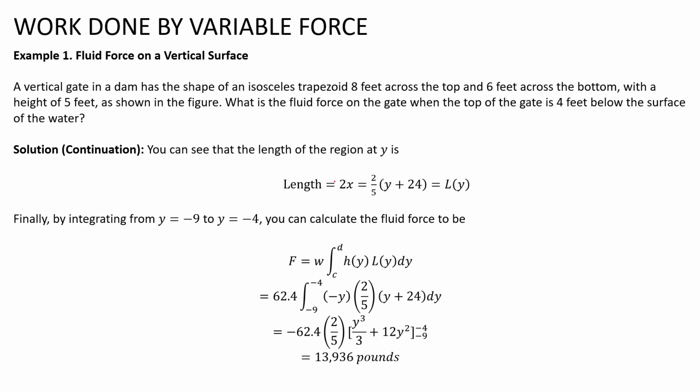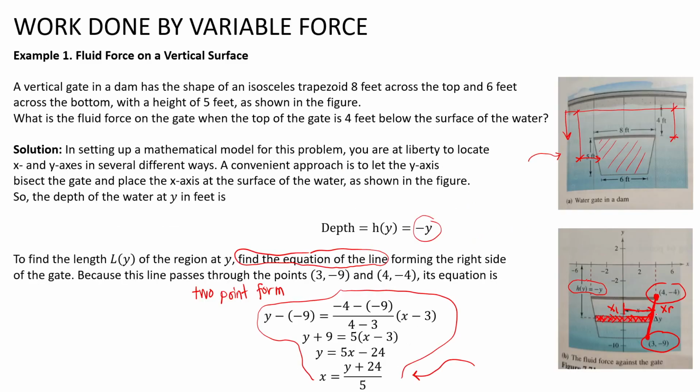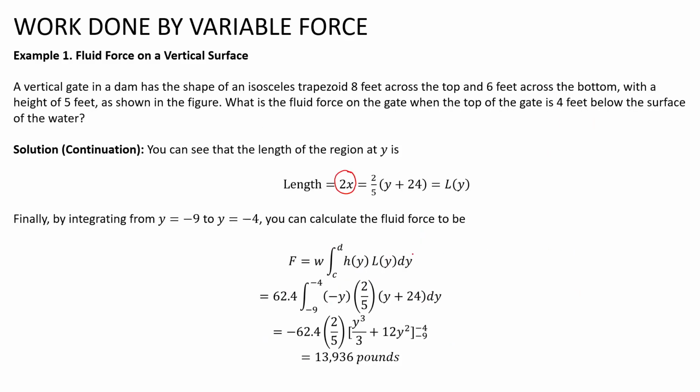So continuation, again, as you can see here, twice the length coming from the previous slide. So that will be your L of y. And then dy is the thickness of the horizontal strip. So you have the depth, you have the length, then you have the thickness of the horizontal strip. So that's why by equation, h of y, L of y, dy is that you have